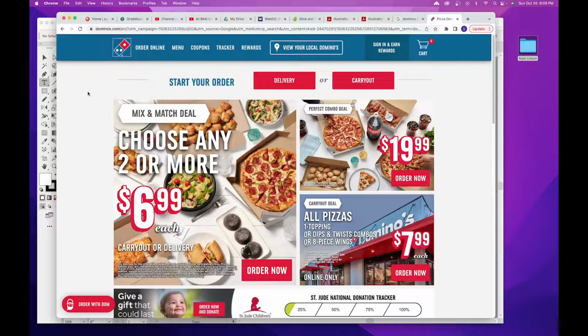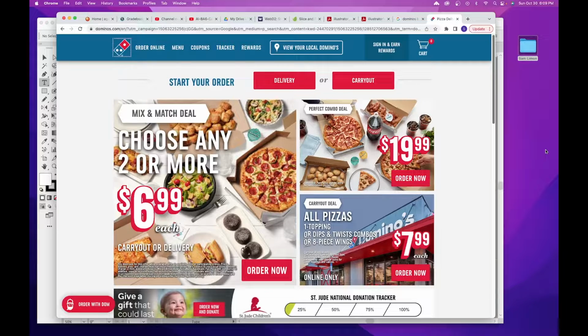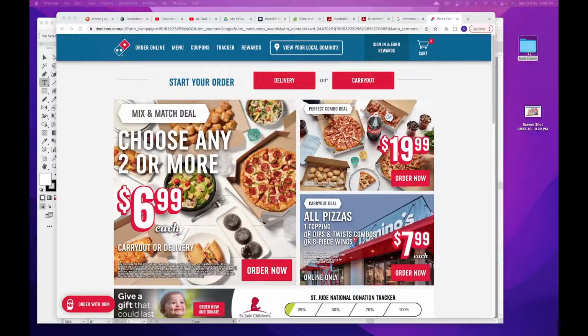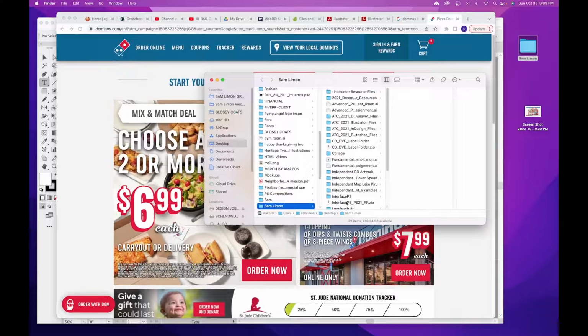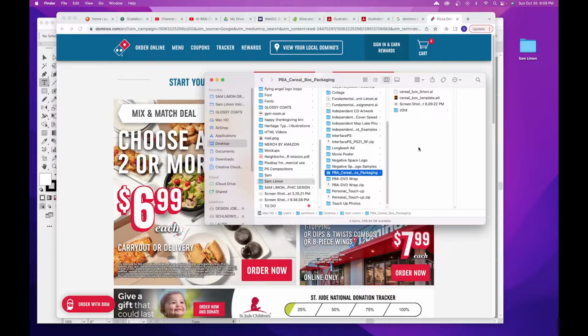So one thing I could do here is take a screenshot. So on Macs, I could do Command Shift and 4, and that gives me this little cursor. So I'm going to click on this side, drag all the way to the bottom right so I could sample this, and that gives me the screenshots. Let me go ahead and look for that, and it is right here. Now I'm going to open up my folder and I'm going to place it into my cereal box packaging folder, drag that in there,